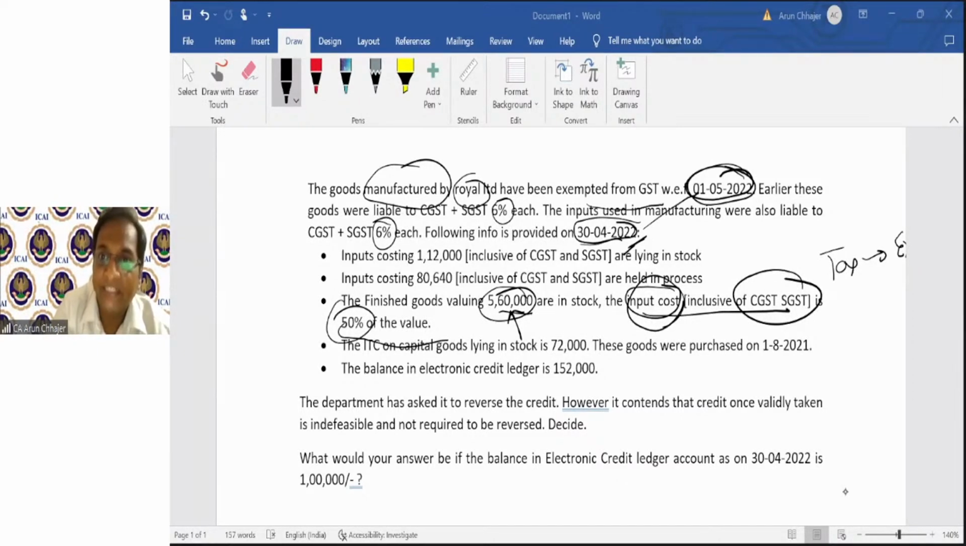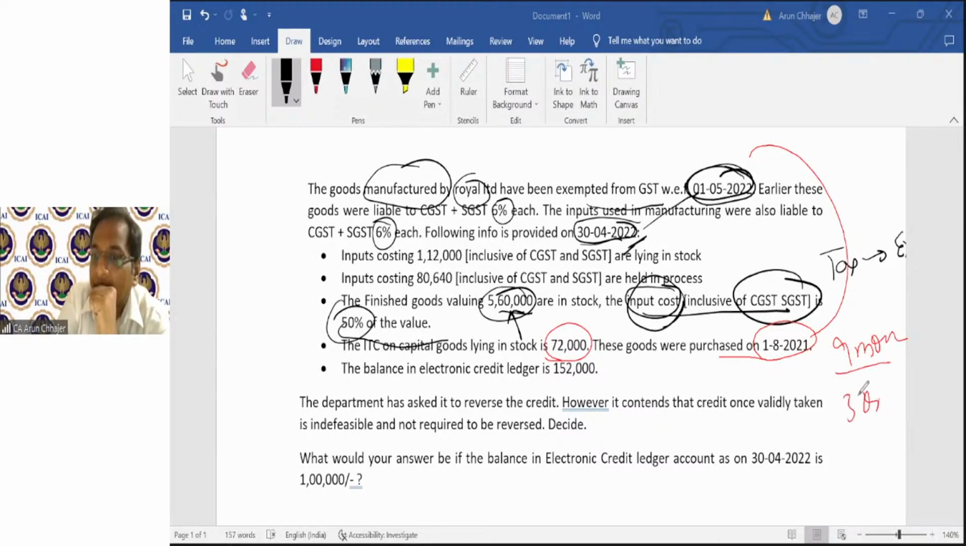देखो, कैपिटल गुड्स में आईटीसी कितना लिया? 72,000 लिया। 1 अगस्त को हमने कैपिटल गुड्स परचेस किया और यूज कितने महीने किया? 9 मंथ यूज किया। ठीक है, सो बेसिकली आई कैन से 3 क्वार्टर। आपको एग्जाम में हमेशा क्या यूज करना है? रूल 40 सब रूल 2 यूज करना है और 5% पर क्वार्टर यूज करना है।